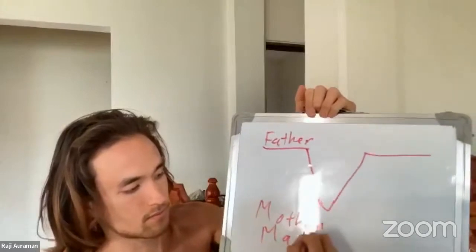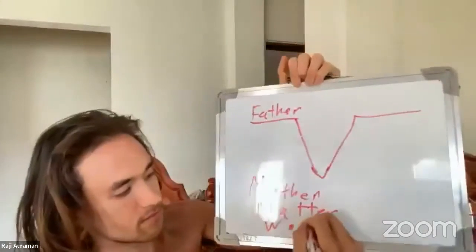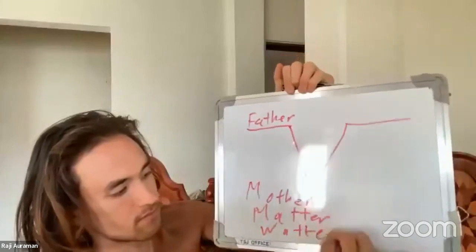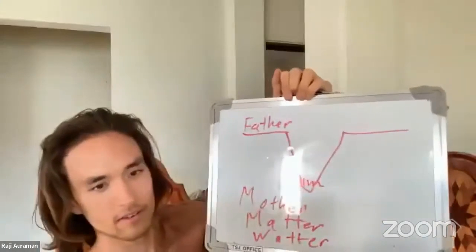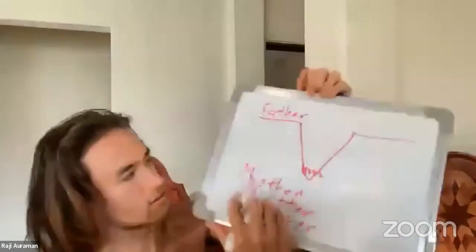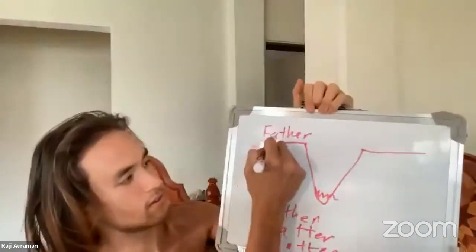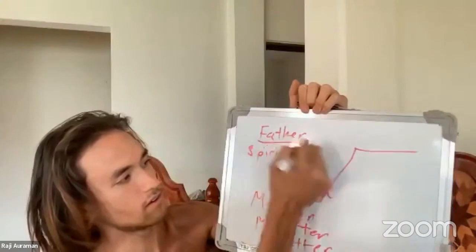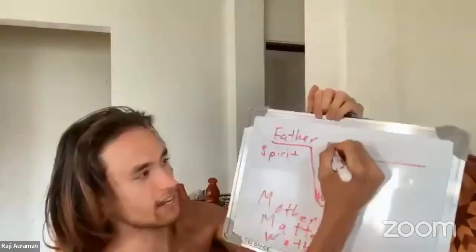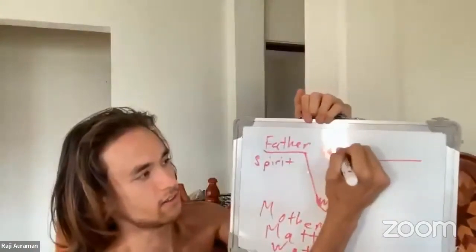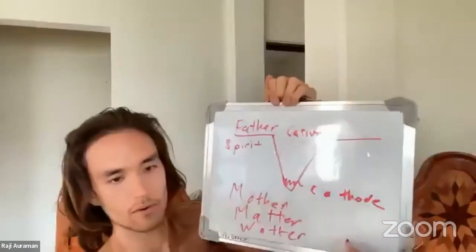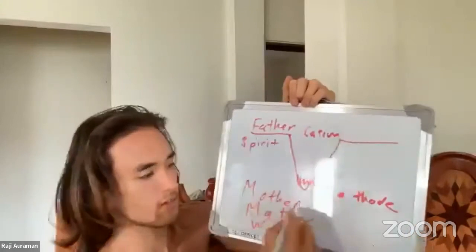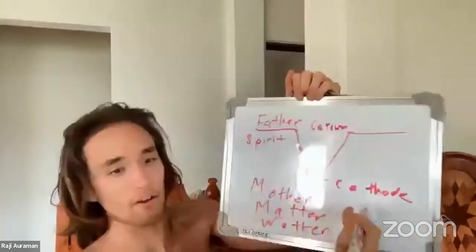but it's really water too, right? So the water is at the bottom of the valley, or the V, and the Father is coming down from it. So Spirit. This is why the Father is the cation, which goes to the cathode. And the Mother, the magnetic, because the Father is the electric downfall,